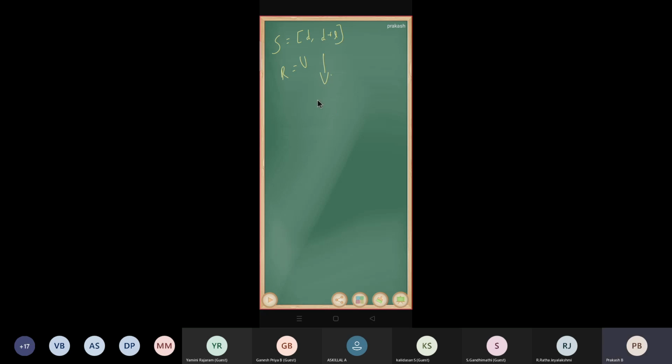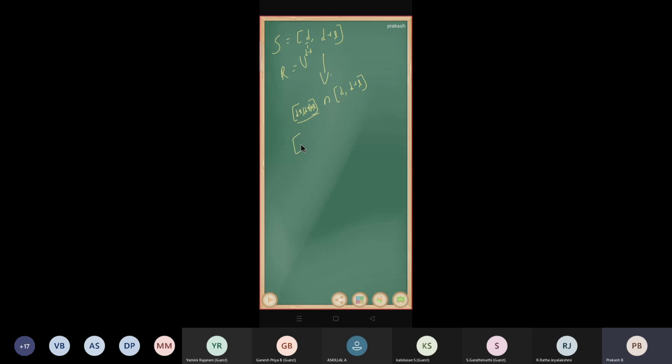I already told that we want to take a finite intersection, right? I'm going to take the intersection of two sets and observe what the result is. The one is [d, d plus l], the other one is [d minus l, d minus l plus l]. Here I am going to replace d by d minus l. So the second one is [d minus l, d minus l plus l]. Both elements belong to script S. Now I'm going to take the intersection.